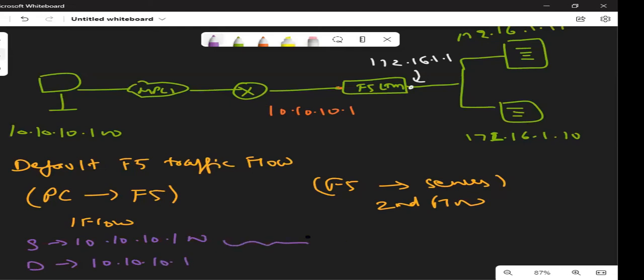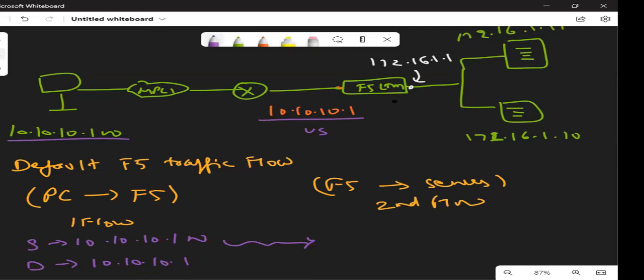When this traffic goes to the F5, the source is your PC and the destination is your virtual server. What is a virtual server? We will come to that point. Don't worry, I'm just giving you the overview because you guys are already working on it. This is your first packet.